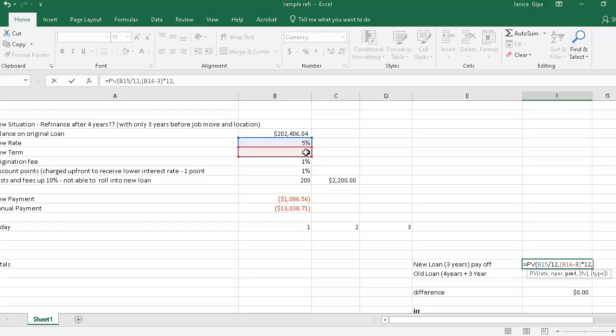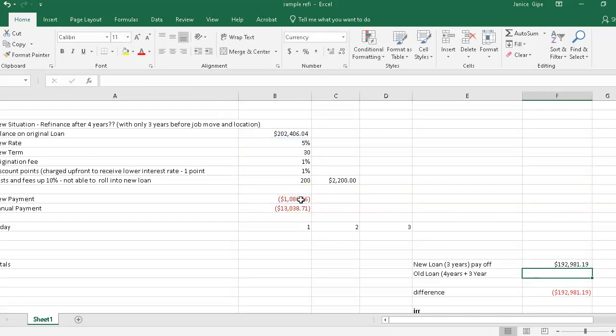And then we have to look at this new payment that will factor in. So the payoff after 3 years will be $192,981.19. And on the old loan,